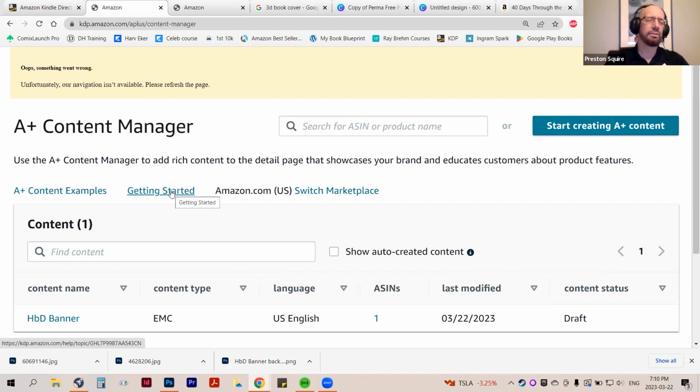Mostly it's things that you would expect, but there are some things that might catch you off guard. So some of the big ones, you can't put the price of your book or anything that can make it dated. So you can't put new book, you can't put releasing on this date, you can't put will go on sale, you can't put this price or so much of a discount. You cannot put any website, even your own website,